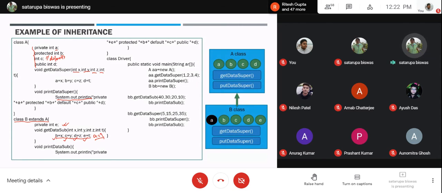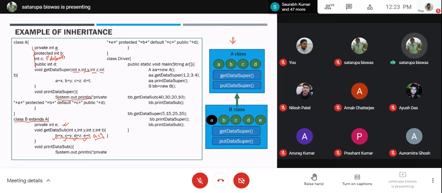But does that mean you will not have the space reserved for this A? That is not the meaning. Basically, if you see this picture here, class A has 4 variables, A, B, C, D. As it is the owner, all the variables are accessible to it.